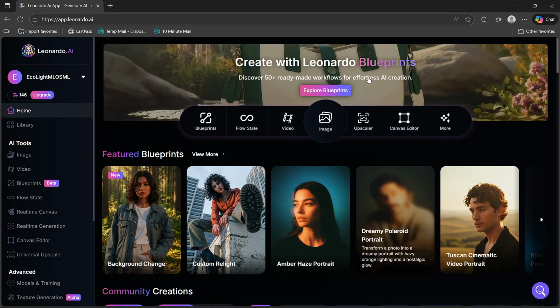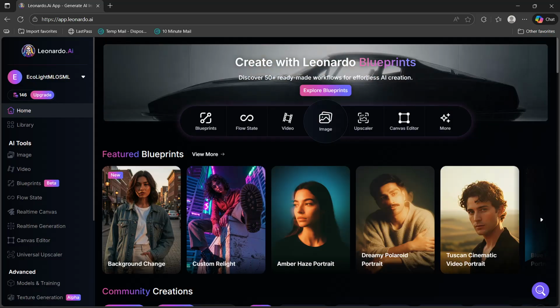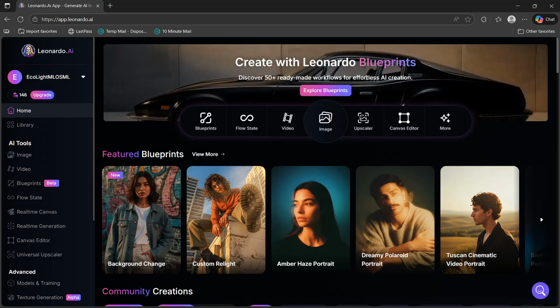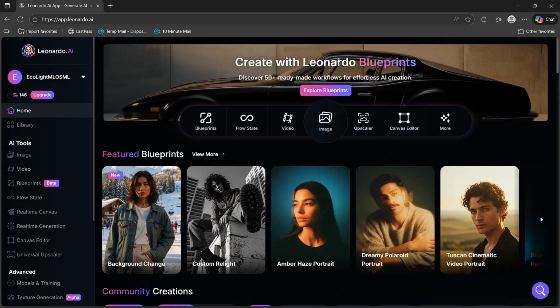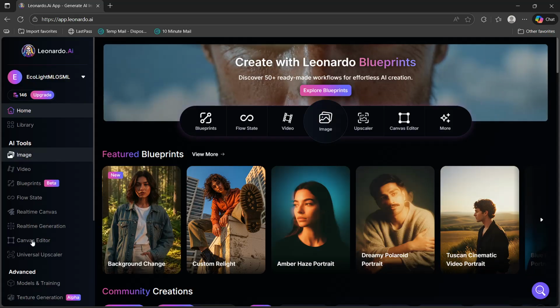Hey there, what's up? In this video, I'll give you a quick guide on how you can generate anime AI art in Leonardo AI. This is perfect for artists, content creators, or anime fans who want unique AI generated characters or scenes. So, the first thing that you will have to do is go to your canvas